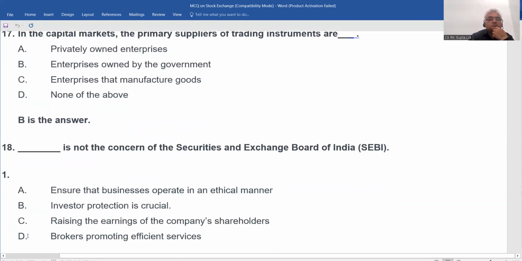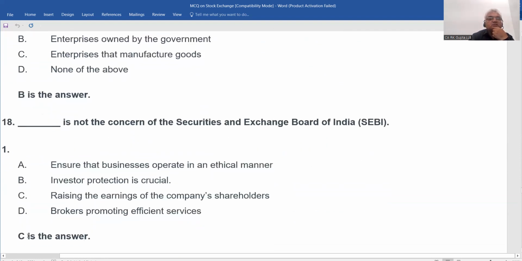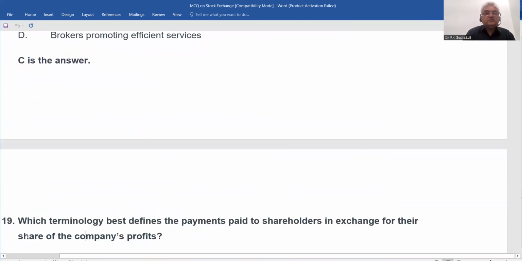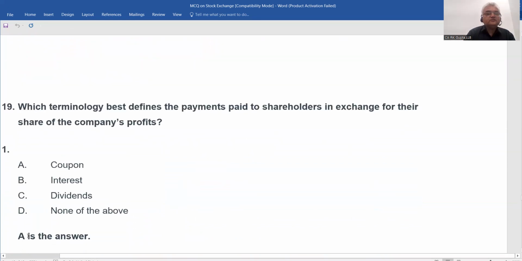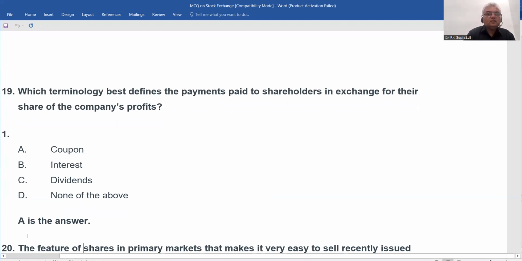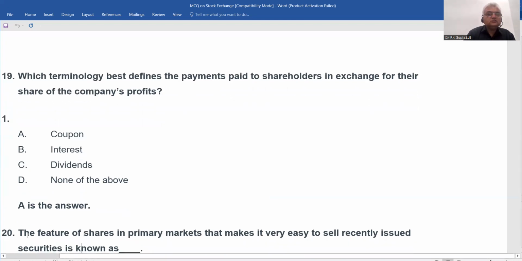अच्छा, ये भी कर लिया था हमने, अभी किया था। तो भाई, raising the earnings of the company shareholder, it is not the concern of the SEBI. So which terminology best defines the payments paid to shareholders? ये भी कर लिया था, डिविडेंड था इसमें ना ऑप्शन। Which terminology best defines the payments paid to shareholders in exchange for their share of the company's profits? ये आंसर होगा सर, सी होगा। हाँ, सी ही होना चाहिए।